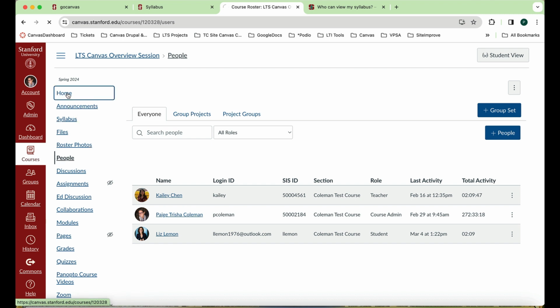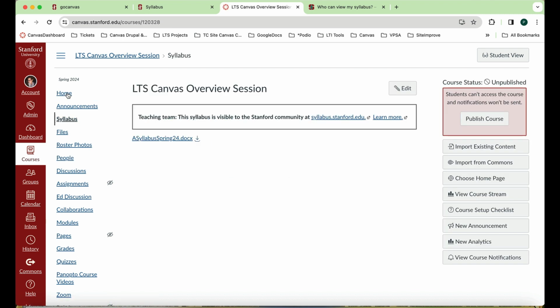I'm now going to navigate back to home. This was just a brief essential tutorial. We do have a much longer tutorial. It is a full basic Canvas overview session. It is about an hour long, and so I do recommend taking a look at that. We delve into creating announcements, assignments, and discussions. But again, if you have any questions, please submit a ticket to